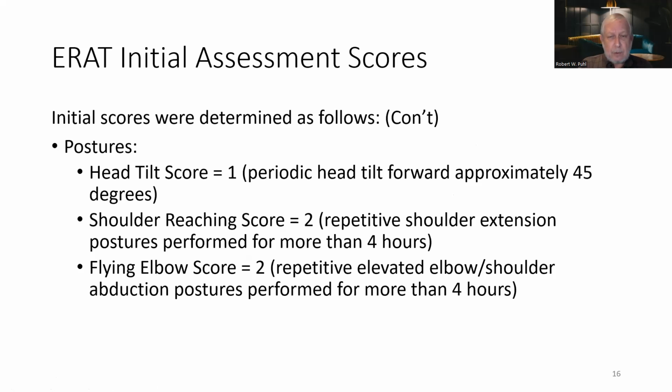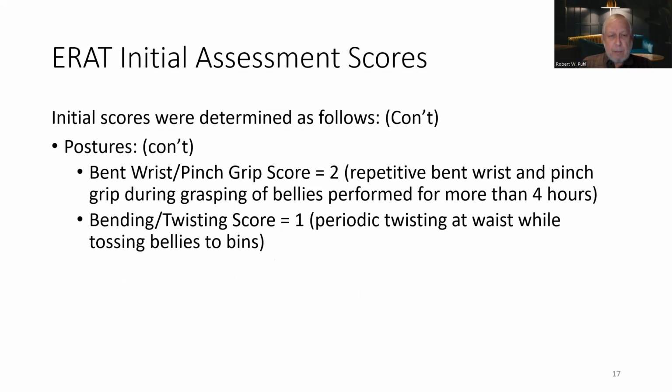The posture's head tilt score. They had to have their head tilted to do this. Shoulder reach score. They had to reach for stuff. Repetitive shoulder extension postures performed for more than 4 hours. Flying elbow score, repeated elevated elbow shoulder abduction postures performed for more than 4 hours. Bent wrist pinch grip scores, 2. Repetitive bent wrist and pinch grip during handling of bellies performed for more than 4 hours. Bending twisting score, 1. Periodic twisting at waist while tossing bellies to bin. I would have thought the twisting score would have been higher than that, but